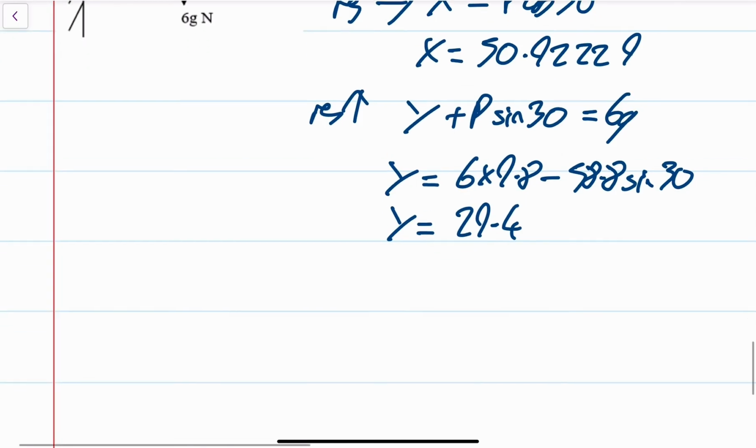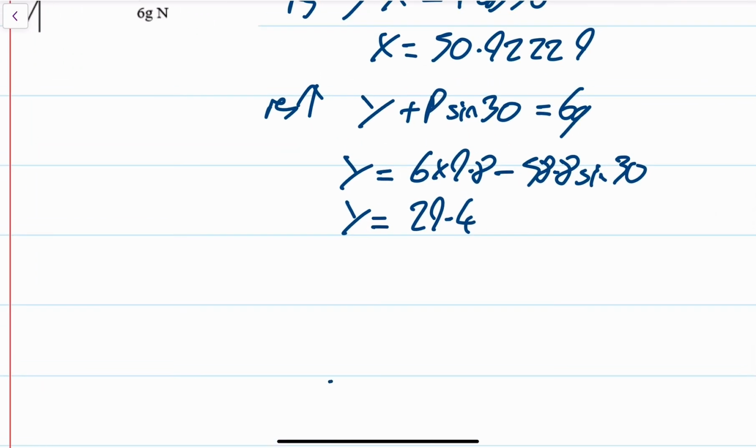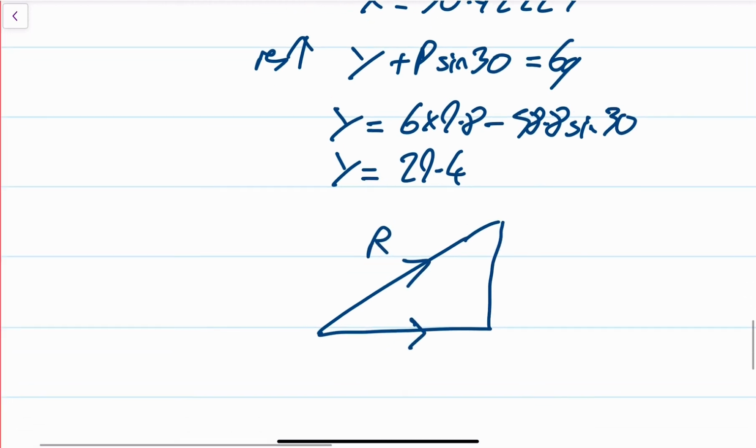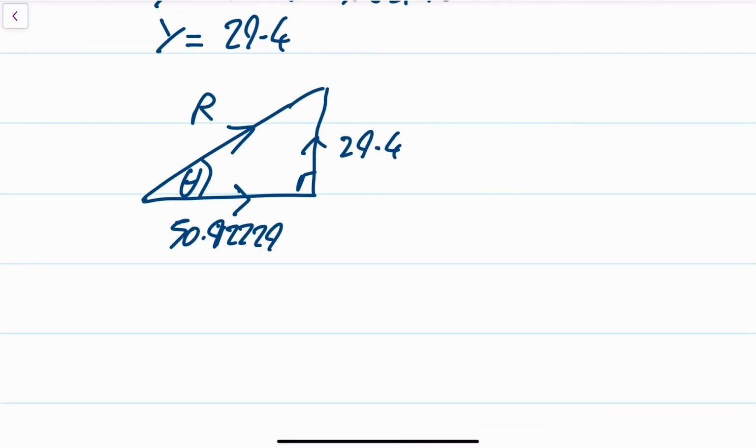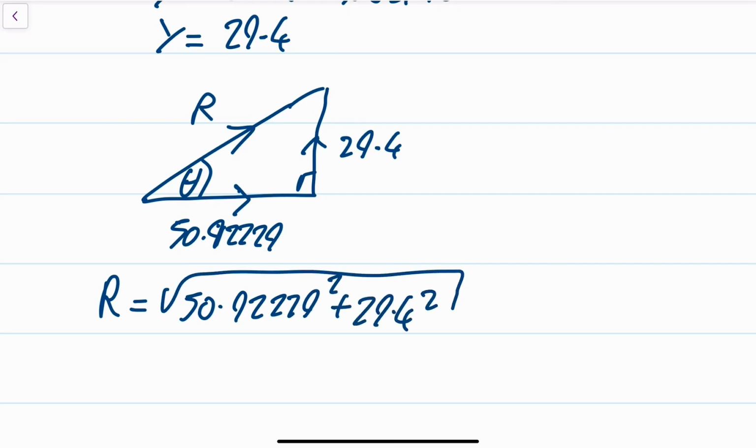And then we can redraw our diagram. So our diagram, R is the single force which replaces that X, which we had up above, which was 50.9229. And my Y, remember, which we just did, is 29.4. And then we can find R by Pythagoras, and you can find your theta by just trig. So R is equal to the square root of 50.92229 squared plus 29.4 squared. Work that out, and your R works out to be